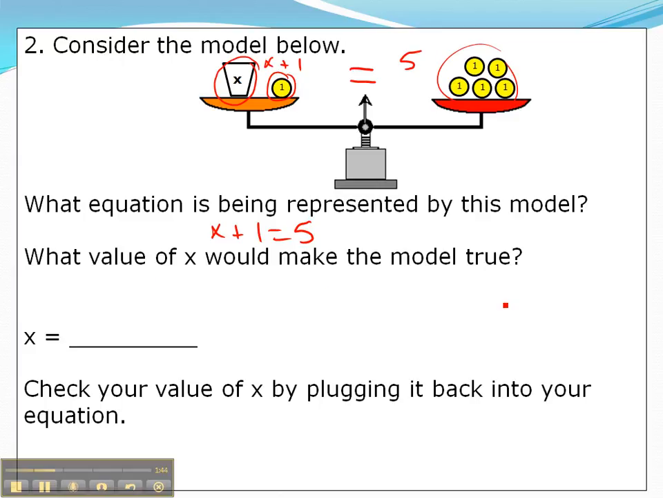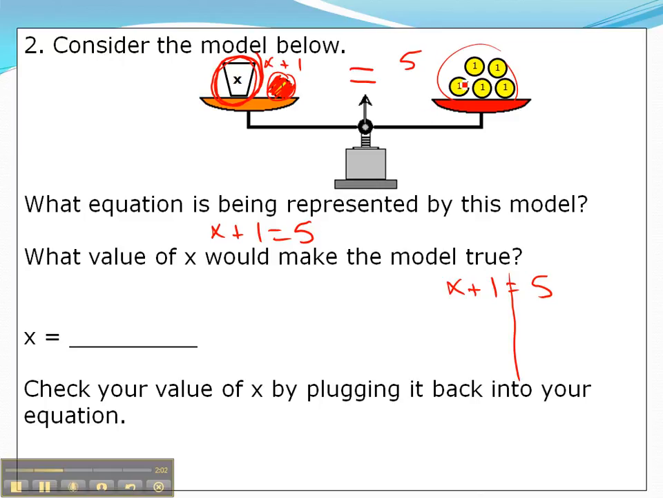What value of x would make the model true? Let's solve it two ways. We'll solve it with the equation and the model. In our equation, we're going to show two sides of the equation. Looking at the model, we can solve for x if I can get x by itself on the left side of this scale. And the way I can get x by itself is by removing this one chip,